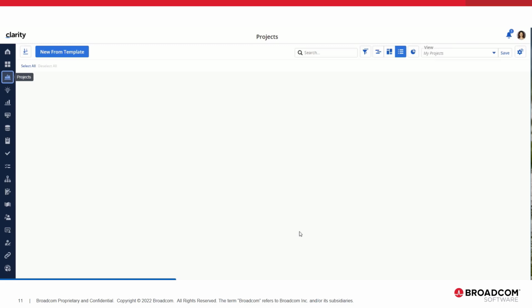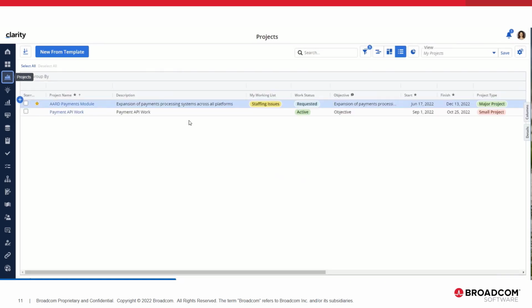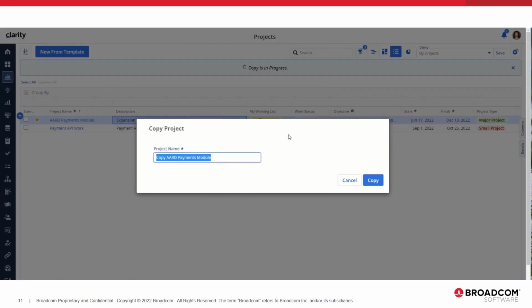So let's go back out into the grid and let's create a new project. So we can do the right click here and pick copy. Now, because Dana has done a good job in updating all of the required fields based on the blueprint or required fields defined in Studio, we do not have any additional fields on this modal. At a minimum, she'll see the name of the project with the word copy pre-appended to the front of the